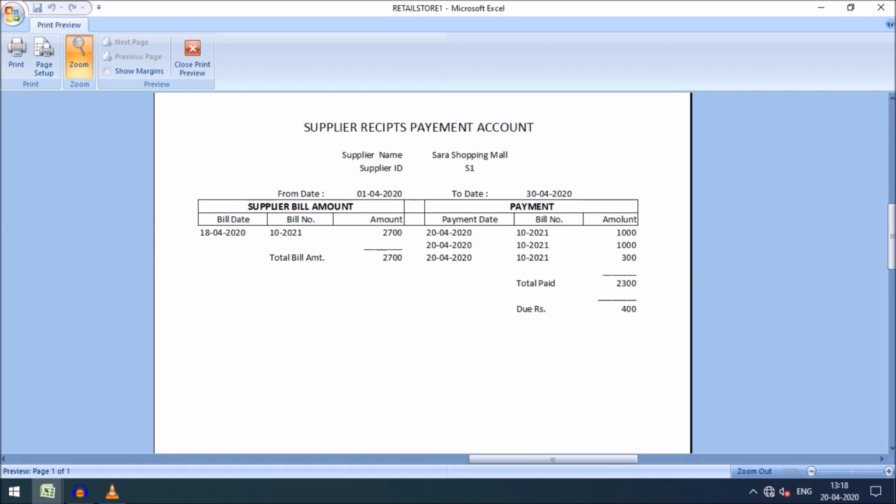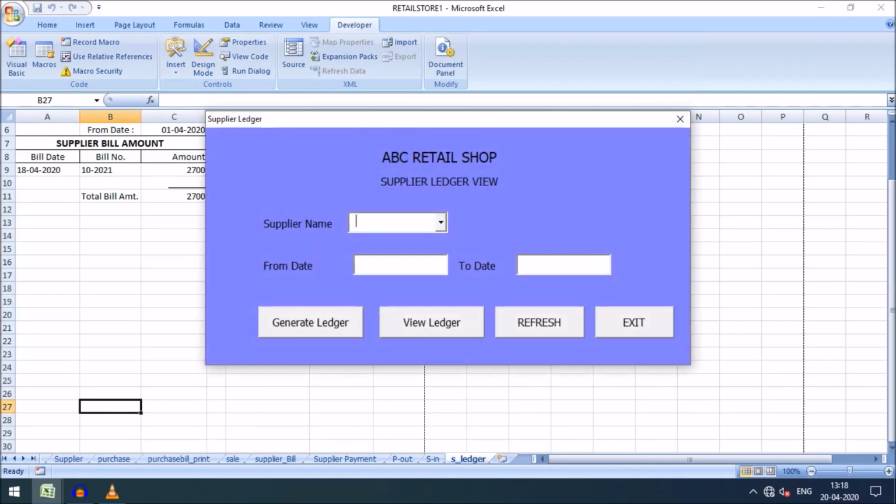The supplier bill amount, the bill date, bill number, and amount are displayed here, that is 2700, and I paid 1300, that is total paid 2300 and dues 400 till date. So going back, if I want to print this, I can print here. I don't want to print, just close this.